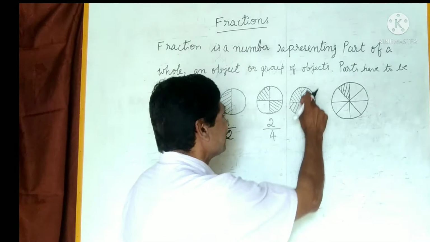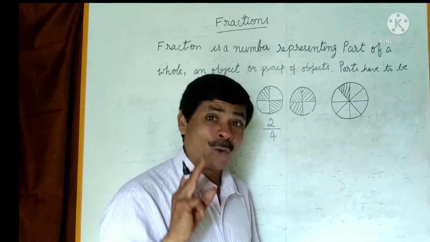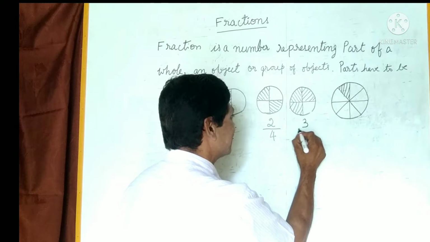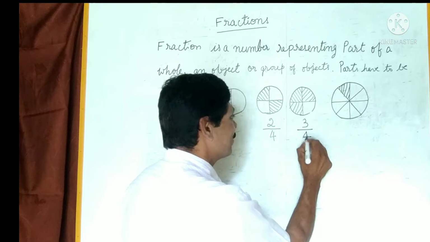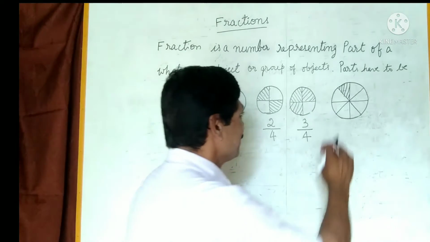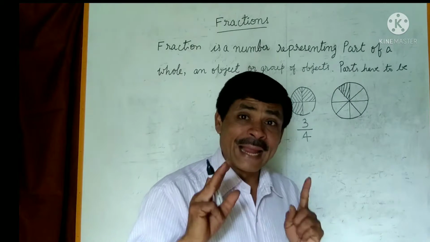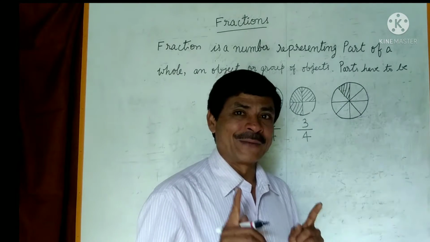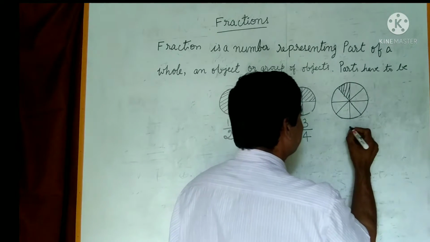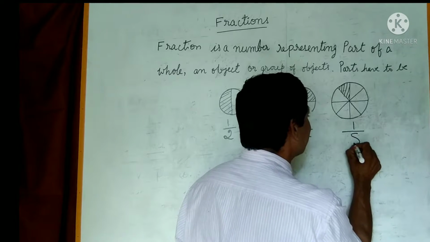Another example: the same bread with 4 parts, and out of 4 parts we have taken out 3 parts, and this can be written as 3 divided by 4. Another example: we have made the same bread into 8 equal parts, and we have taken out 1 part out of 8 parts, and it can be written as